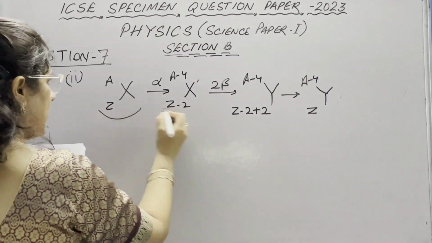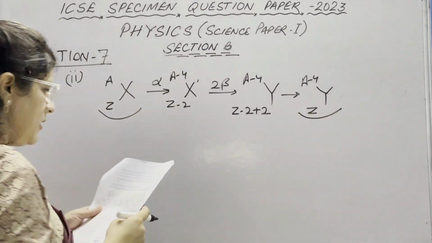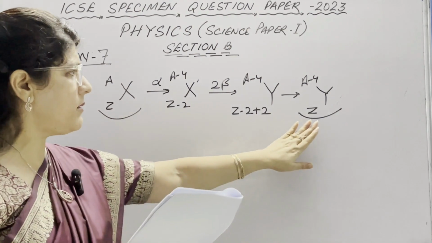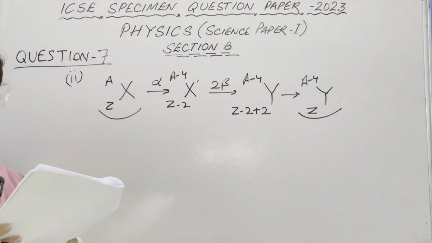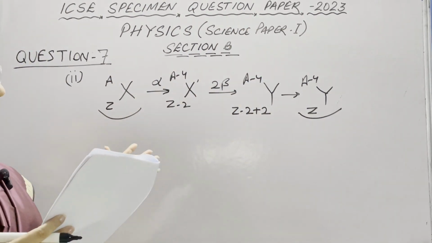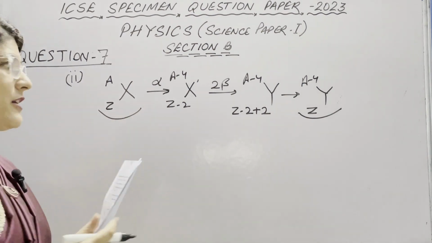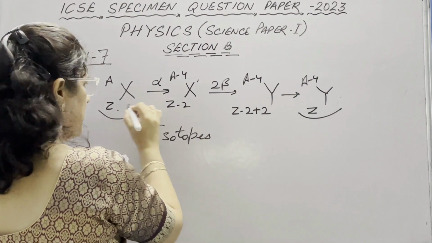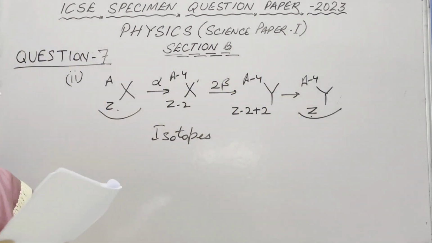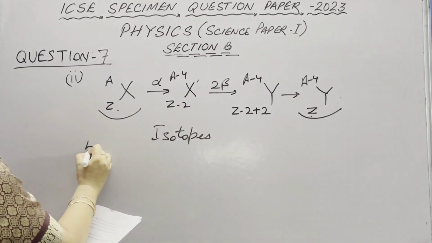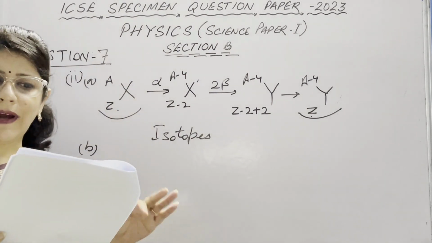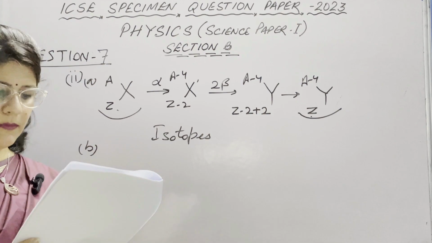So you can see here this daughter nucleus, they have asked what is the general name of elements X and Y. You can see their atomic number is the same and mass number is different. And we know that the general name of these types of elements is isotopes, because their atomic number is Z and mass number is different. In B part of the same question, this is our A part. In B part, if the atomic number of Y is 80, then what is the atomic number of X?